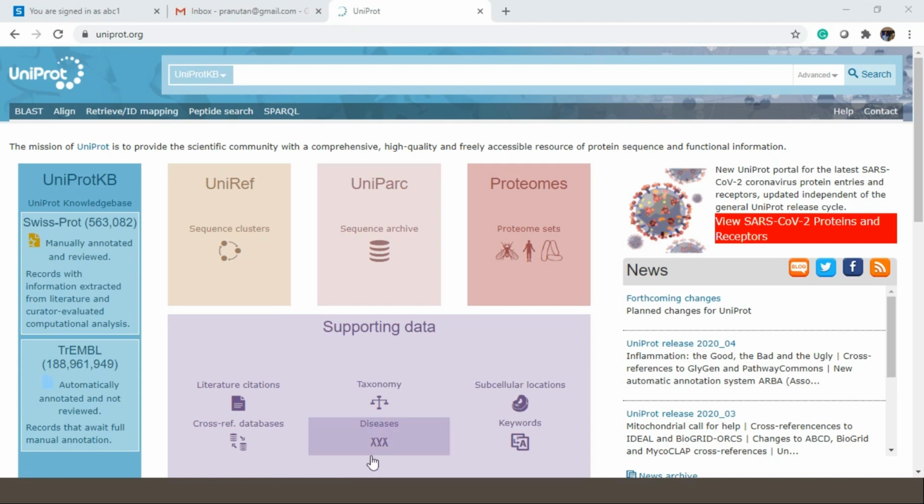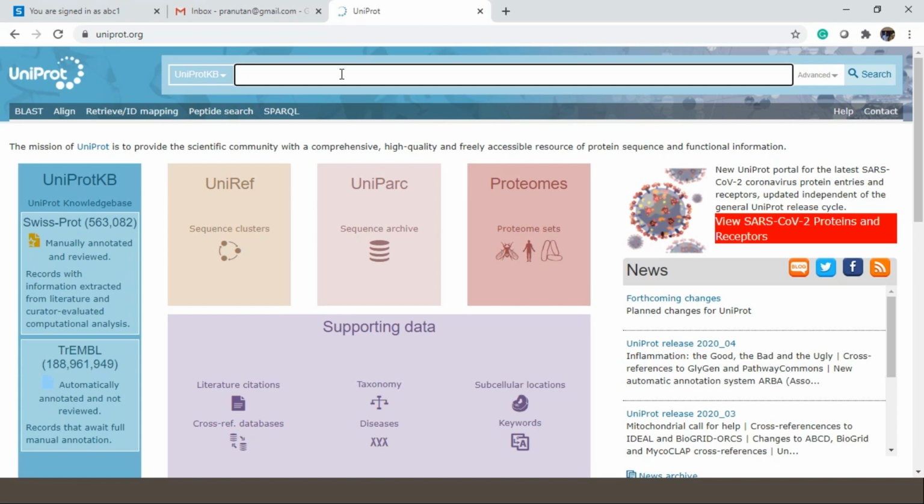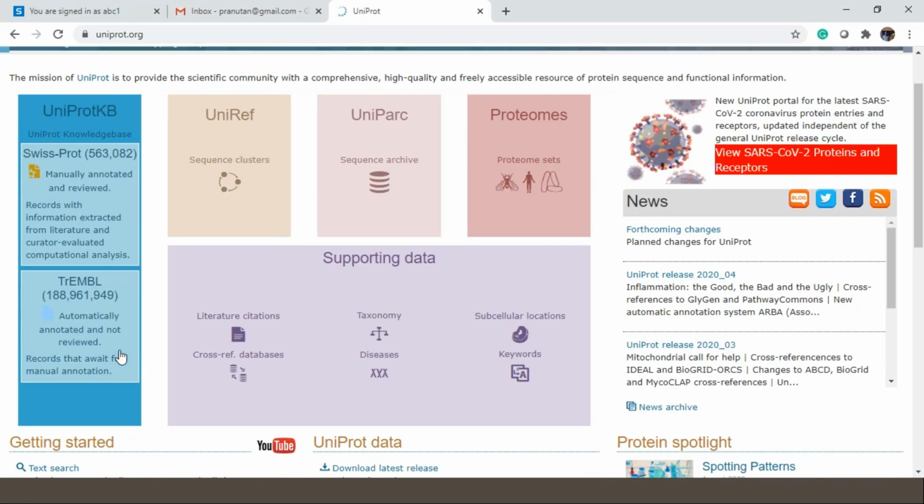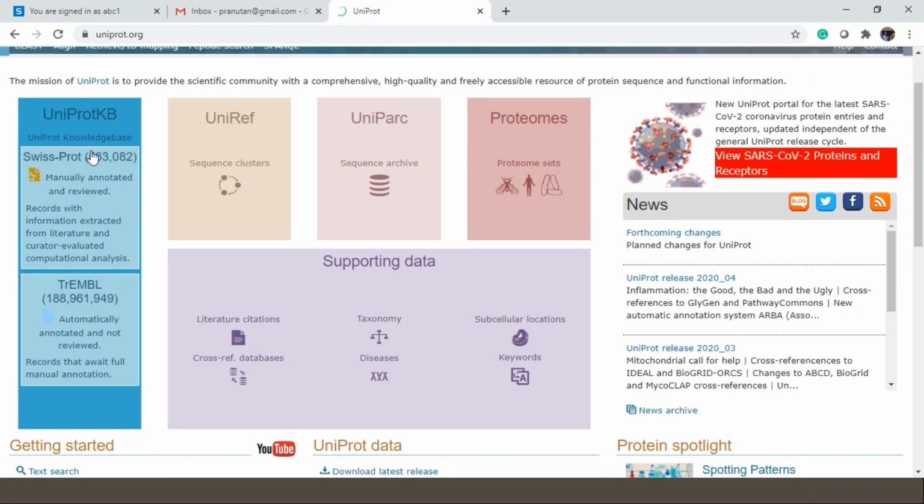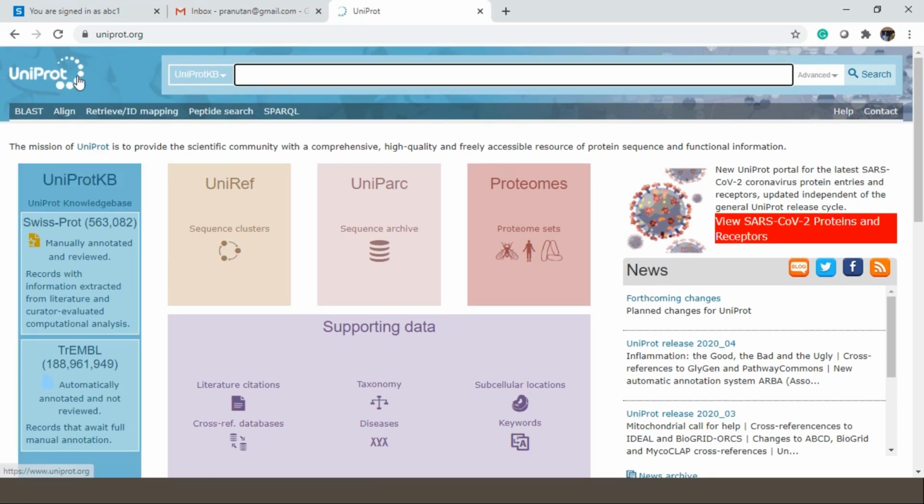Say for example, here I am again taking the example of the insulin protein. Before I go for the demonstration, let me tell you that I have already talked about UniProtKB. UniProt is the amalgamation of two databases.